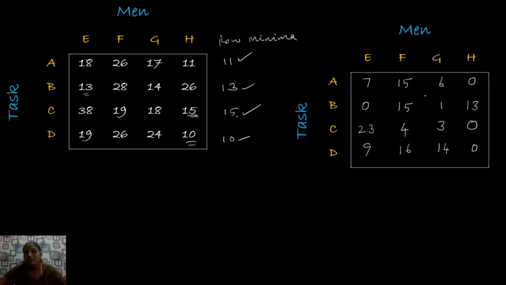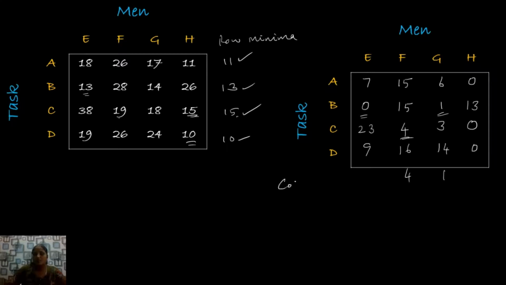Look at the row elements. The first row, second row, third row and last row have 0 elements. So we have to look at column-wise too. The first column already has 0 elements, so leave it. Look at the second column, it doesn't have any 0, so you pick the minimum element, that is 4. And go to the third column, it also doesn't have any 0, so you have to choose the minimum element, so 1 is the minimum element. And for the last column, it already has 0 elements, so leave it.